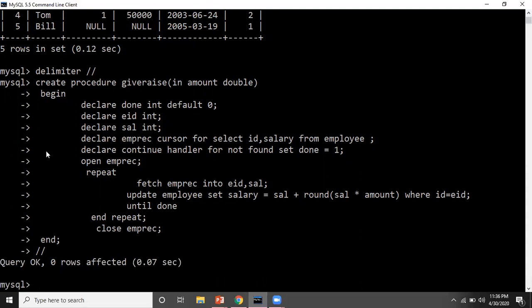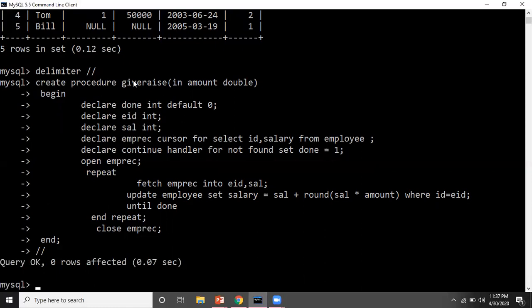If you are facing any problem, what we have done is we have created a procedure. So here I'm writing create procedure and the procedure name. The procedure name is give raise. It will give the raise with this amount. It's taking a parameter, of IN type, and the name of the parameter is amount, and the data type is double. This begin and end are creating the block. In C++ we put opening and closing curly braces. Here we put begin and end.